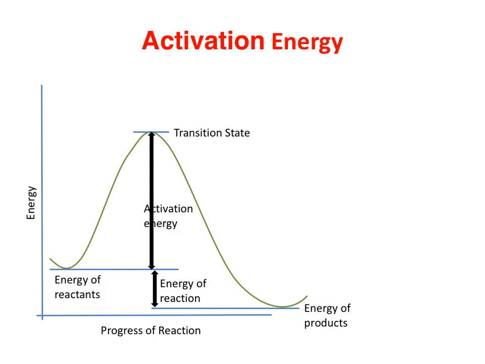Activation energy, like we mentioned before, is the energy needed. It's the minimum amount of energy that is needed for the reactants to collide and form products successfully. So if you were to draw the process of the reaction on a graph with energy on the y-axis and the progress or the time on the x-axis, then the energy of the reactant is somewhere here, an arbitrary value. They collide